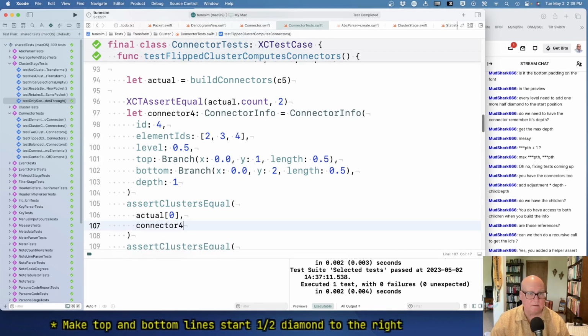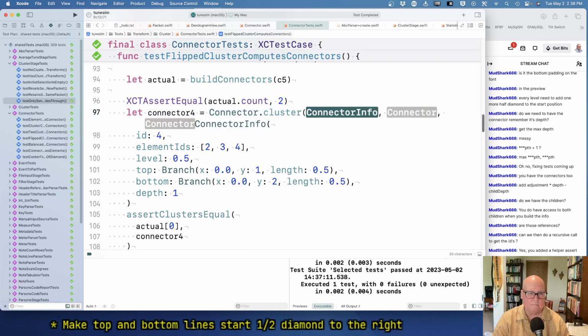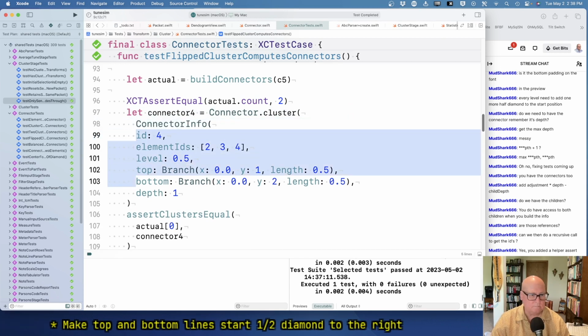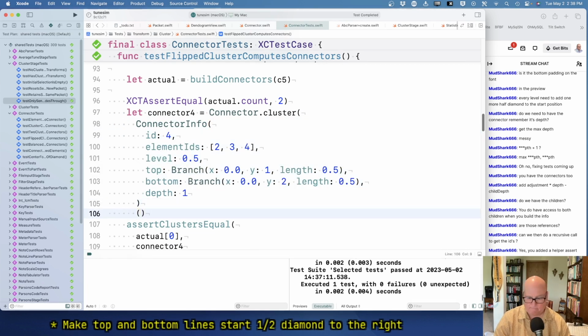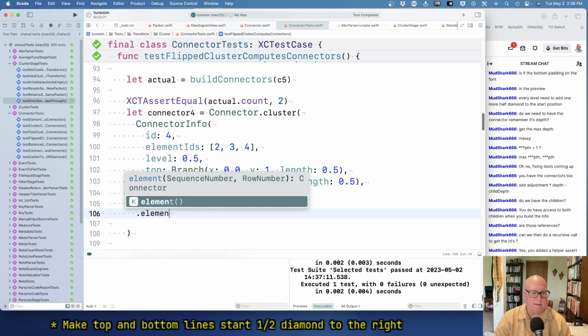His ID is 4. Okay. I'm going to switch him over to a cluster or connector. Okay. And he's element